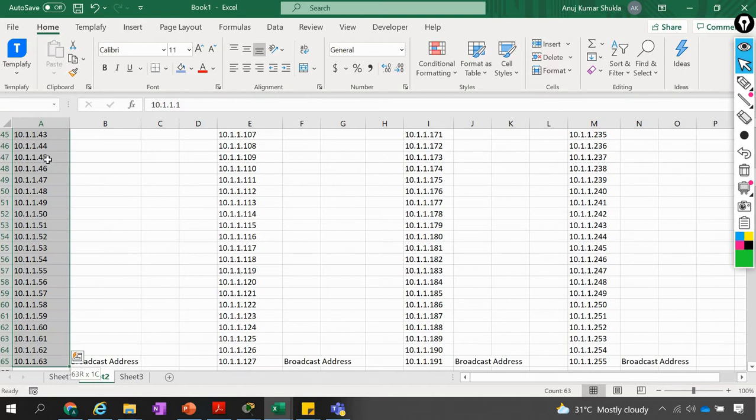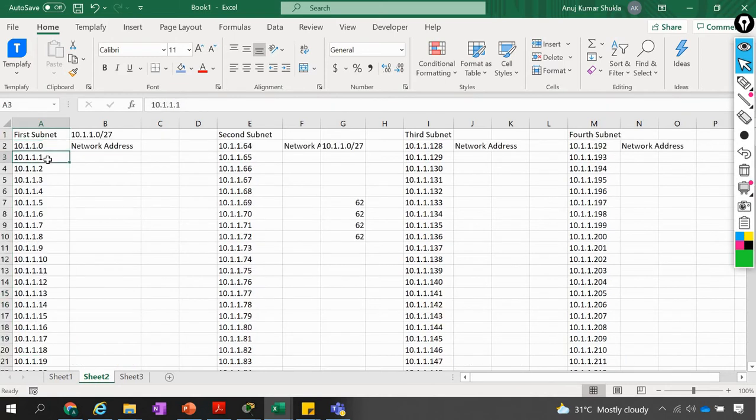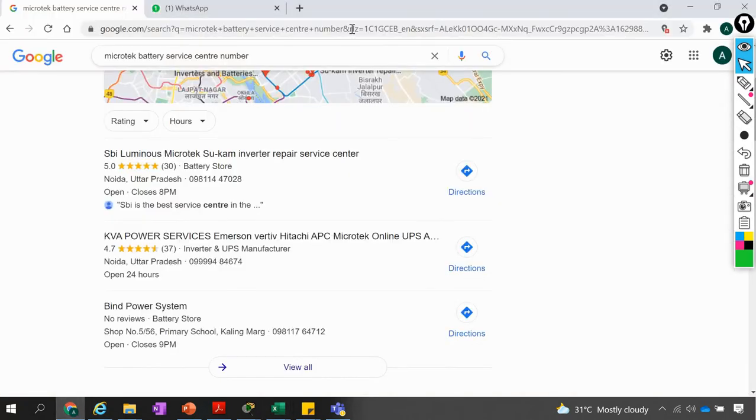If we keep assigning now, we will have the same error because they belong to the same network. And the most important part: what will be the subnet mask of this one? That's a really good question. Whenever you are implementing in real networks, you don't have to calculate it by bits and all those things. You can simply paste this in Google, and it will give you the answer.